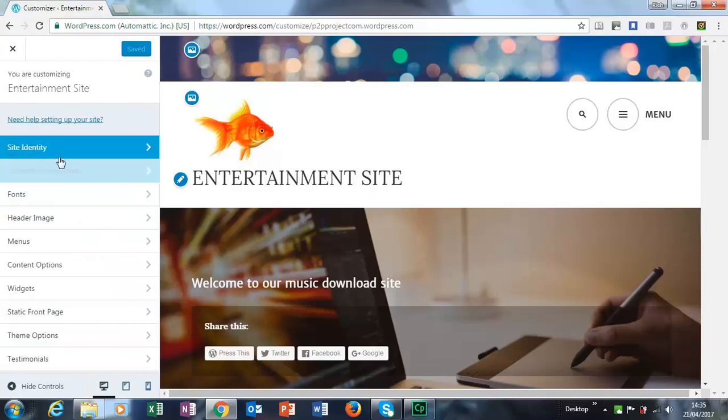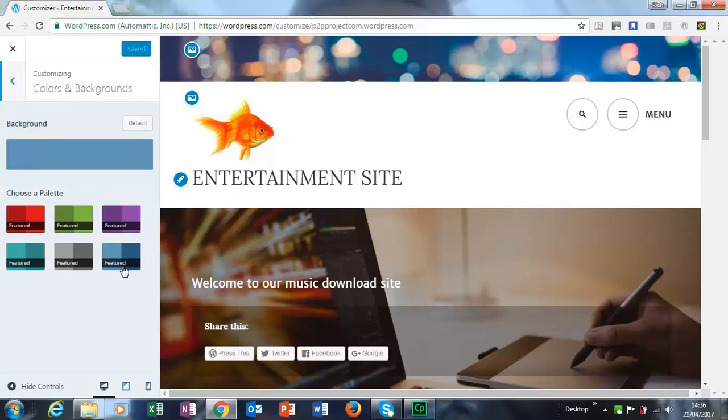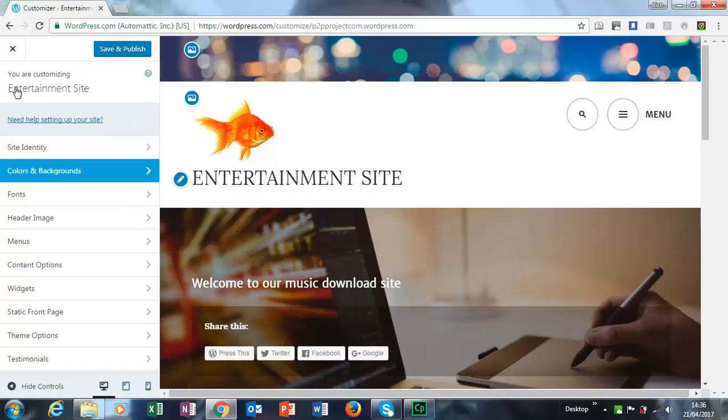So you go back, and you have colors and backgrounds. Right now the one we are using is featured here, so you could change that to any of these, and it will show almost immediately once you save and publish it. So we're going to go back to featured because we do not want to change the background color scheme, or we're going to create a fresh new one later, and you're going to finish it off as part of